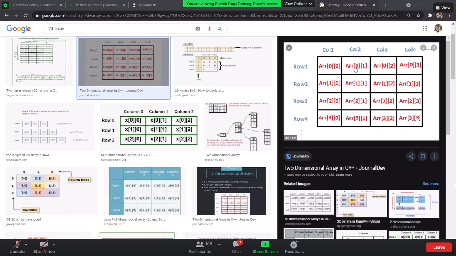Let's consider one more. If I have column 1, column 2, column 3, and row 1, row 2, how many ways can I reach from here to here? Can anyone tell me? Is it only 3, or can there be more? Correct, it's 3.